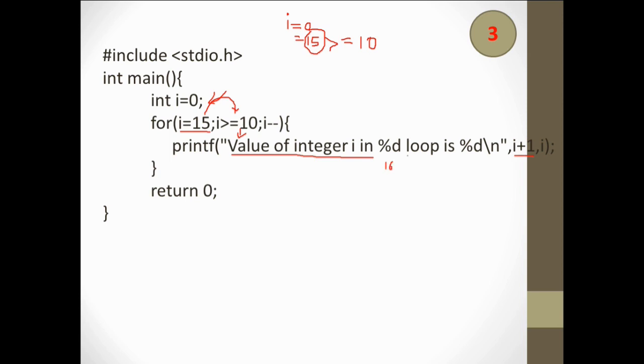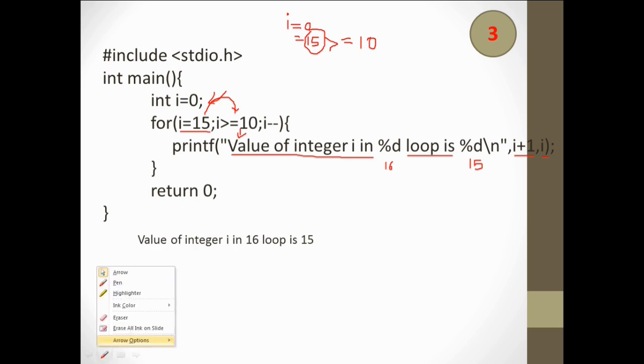And the loop will print like this only. In place of %d, it will now print the value of I. The value of I is 15, so it will print 15 here. So what statement will you get? You will get the value of I in the 16th, which is the I plus 1 value. The loop is 15, and this is the value of I. Okay, similarly next, after executing and printing this statement, it will go to this